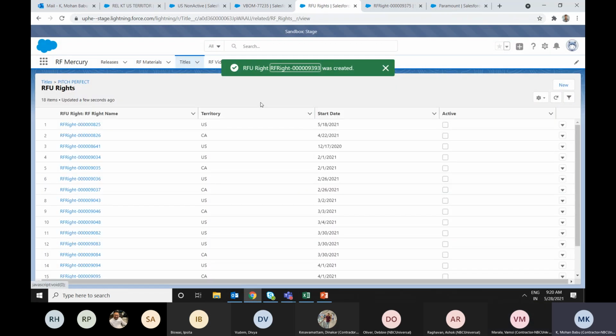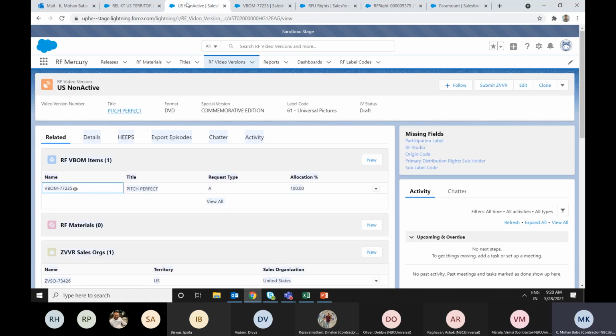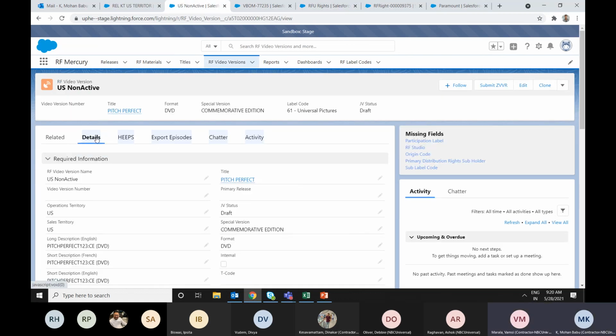If there are any other VBOM records referring to the pitch perfect title and the territory is US, then the corresponding standardized security fields will get stamped on those objects. Yeah. So the concept here is that a video version can be created with a title where there are no active rights.